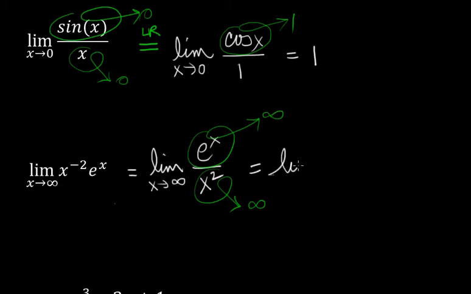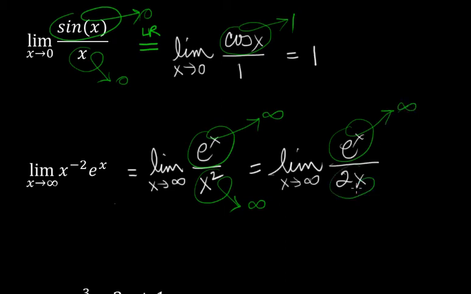Sometimes it helps, sometimes it doesn't. But it will here. The limit as x approaches infinity of, well, the derivative of e to the x is e to the x, and the derivative of x squared is 2x. Well, we still have the same problem, don't we? E to the x becomes unbounded, and so does 2x. So we have the same indeterminate form, and by the way, put LR there, meaning that we're using L'Hopital's rule. So I'm going to use it again,